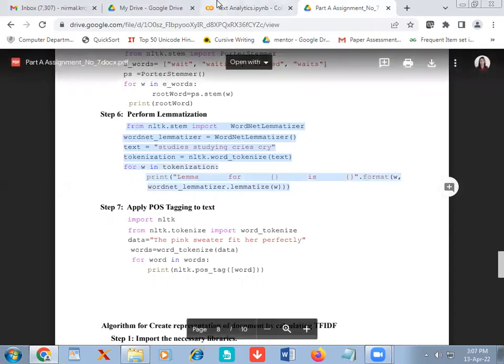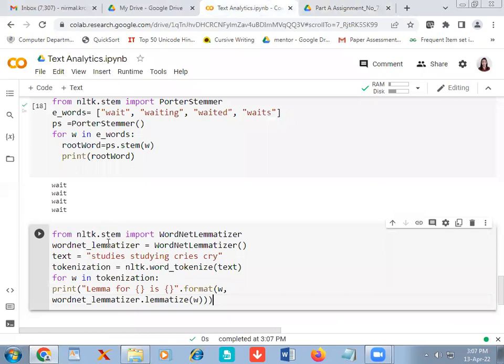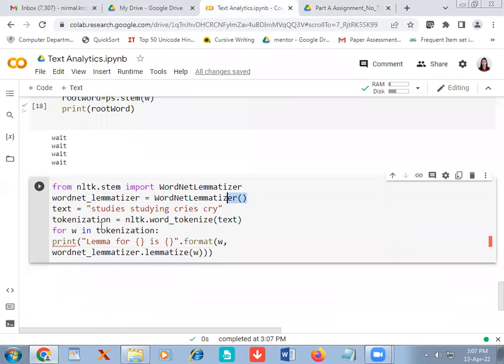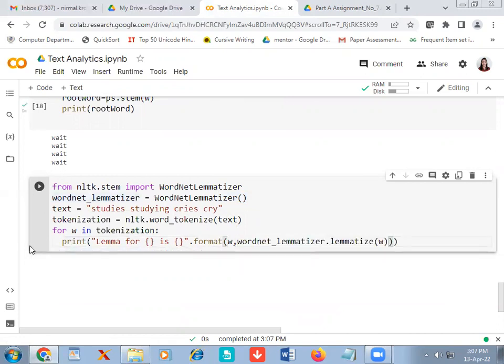Now, if I read the lemmatization, so here I am going to write the same code. My code will be same, and we are going to import the lemmatizer. Then with the function we are going to select. Then text equal to studying cries. Then tokenization equal to NLTK, the tokenized text. My data is stored into the text. And then for every particular word, my format is WordNet lemmatizer dot lemmatize and then word. So if I'm going to print it,